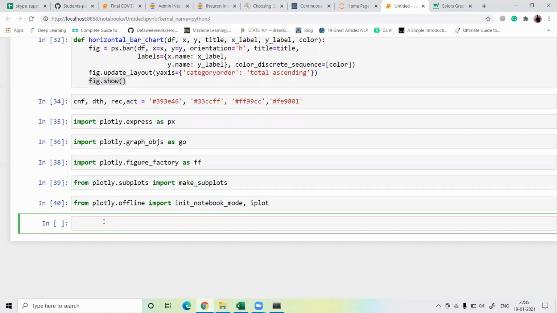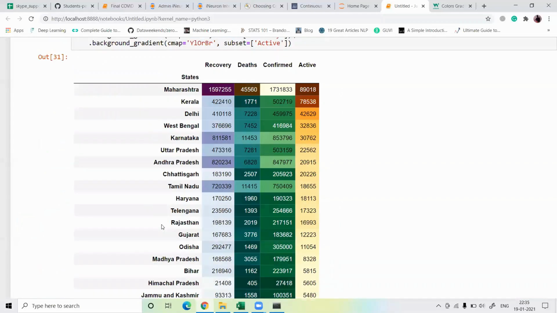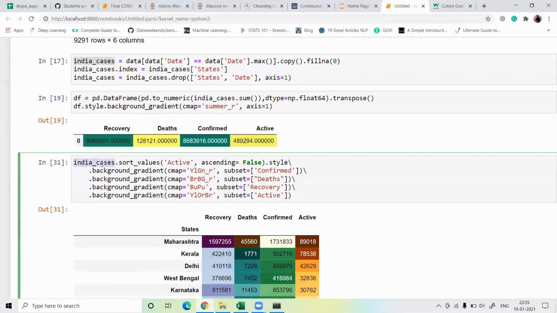So after that, first, what can I do? We have to take the top 10 confirmed cases. For the India cases, what can I define here? India case.